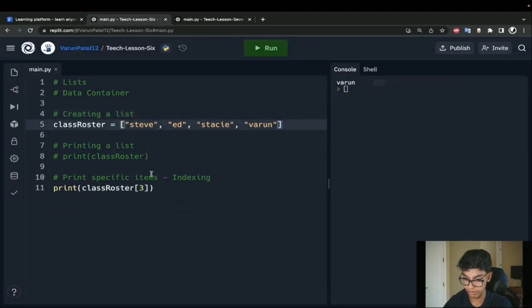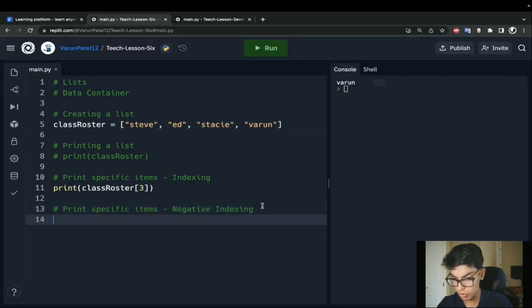Print specific items, indexing. There is another way to pull items, but instead of using their index, you use their negative index. So now let me explain this. Print specific items, negative indexing. What do we mean by negative indexing?